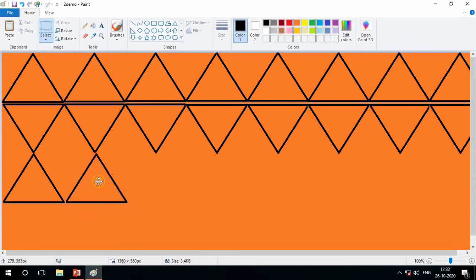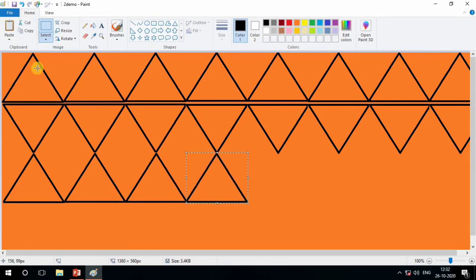Yes, it will join the lines and the shapes. You can see. Here I am doing this.